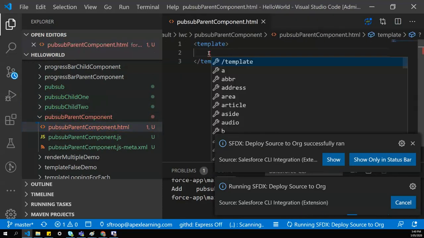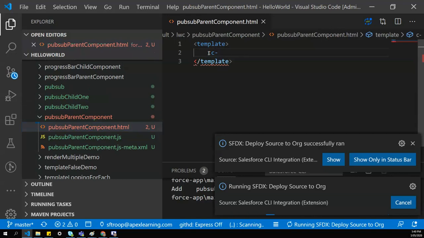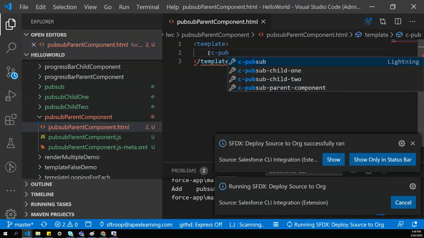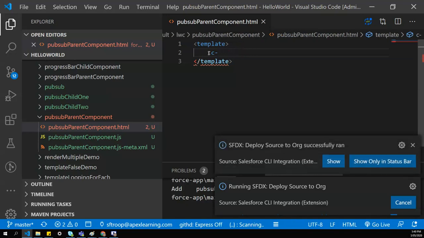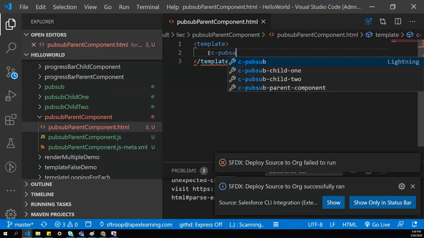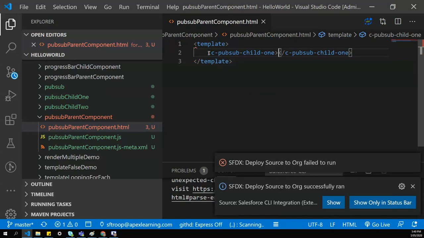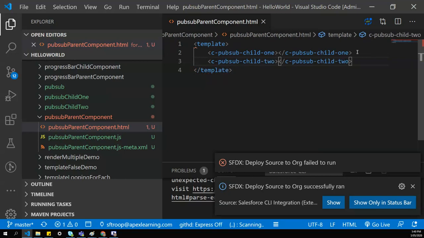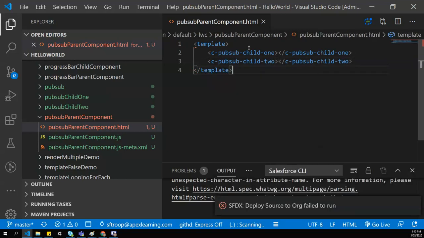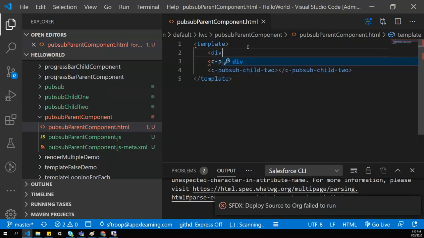It's a good point. So let's include both components in our parent component: c-pubsub-child1 and c-pubsub-child2, and let's deploy it.